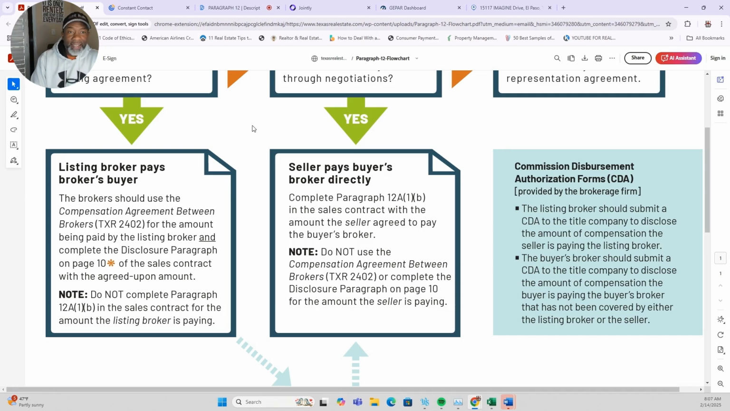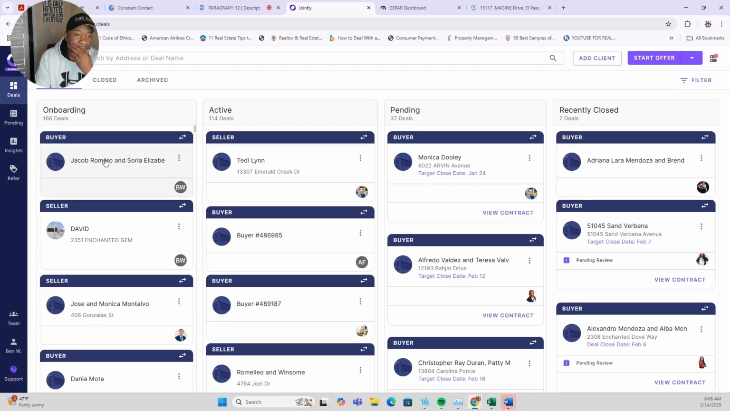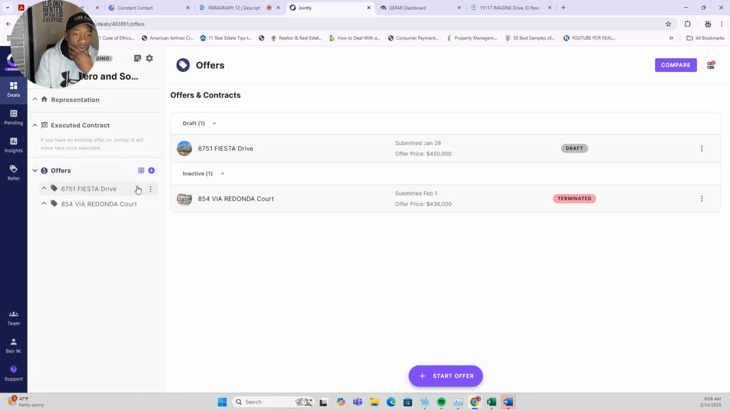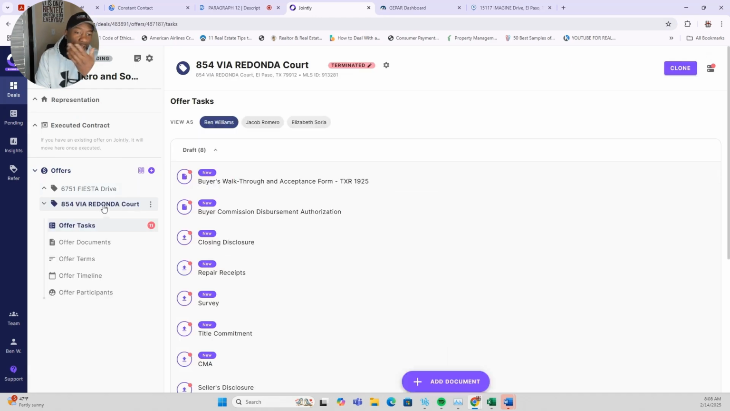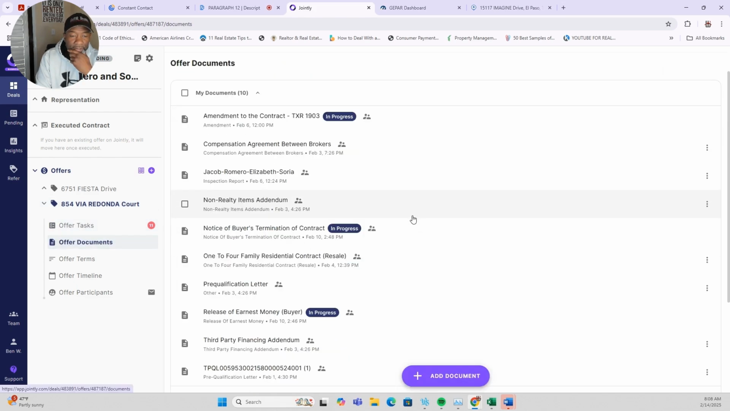So in a case like this, I'm going to try and see if I can find something real quick here. Let's pick this deal. Let me pick this one. I hope it's right, but we're going to put it together. Let's go to offer docs. So you can see I have the compensation between brokers, because in this case, the listing broker was authorized to pay the buyer broker, which is me, right? And in the contract itself,